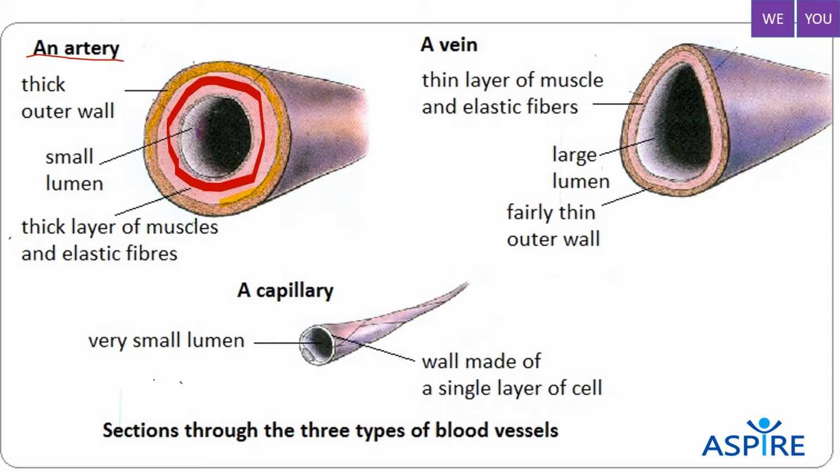Now obviously this isn't done to scale because capillaries are one cell thick, very, very small microscopic blood vessels, and so obviously it's got a very small lumen, and then the wall is made of a single layer of cell. Now it does that for a reason, because the outer layer of the capillary is so thin, it enables those oxygen molecules to diffuse through the walls and into the muscle, and the carbon dioxide to come out of the muscle and into the capillary,